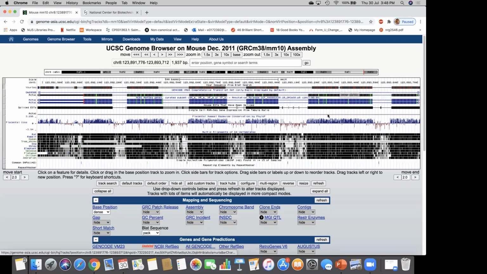So you can see the difference between mouse and human, the variation, similarity, and highly conserved regions. And here you can also see different regions, like SNPs present in this mouse genome that are conserved SNPs between mouse and human.